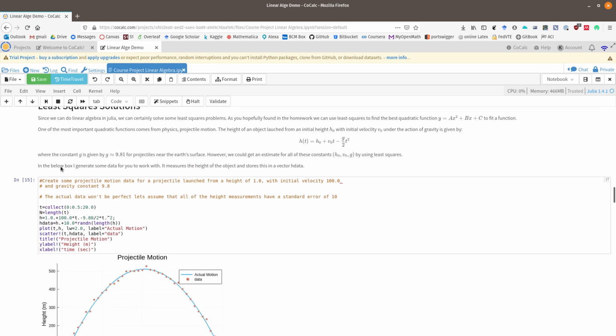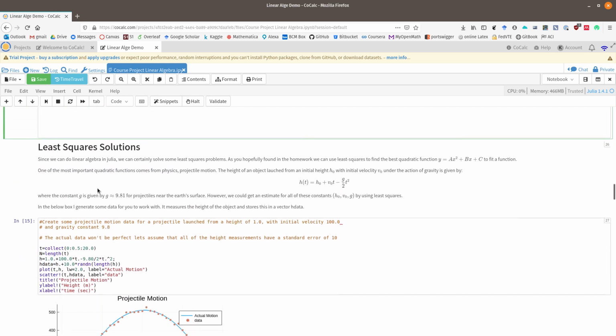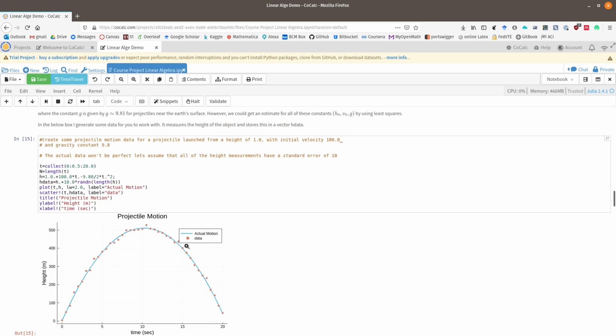This brings us to our first application, least squares solutions. The idea here that I'm setting up is that these dots are data that we've recorded for some projectile motion. And the blue line, we don't actually know that, but that's what it truly was if we had perfect measurements, right? If our physics lab skills were of